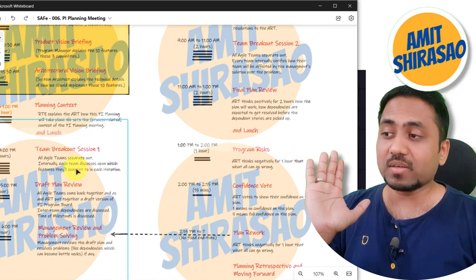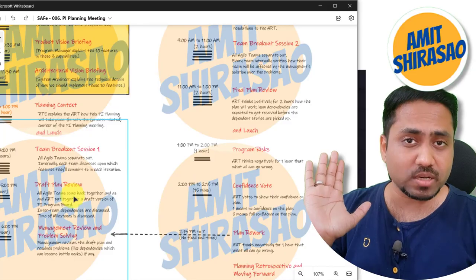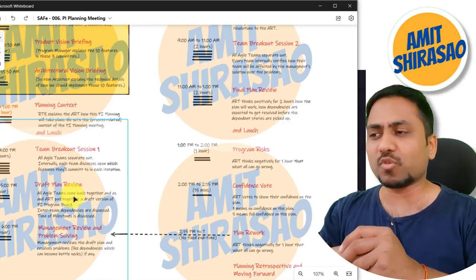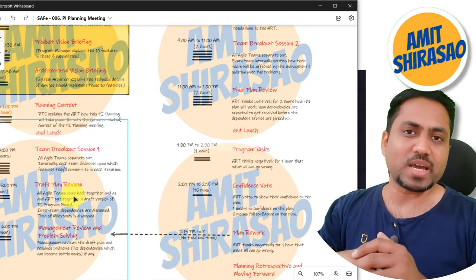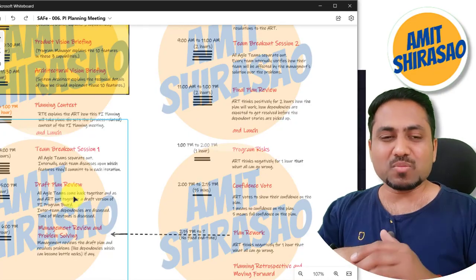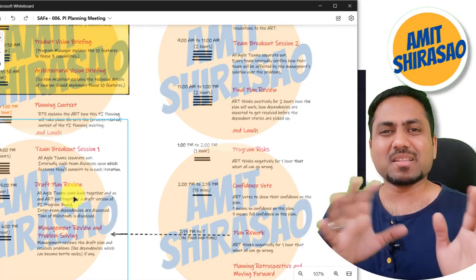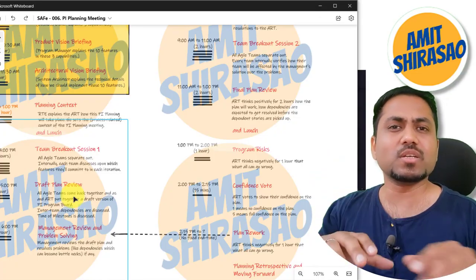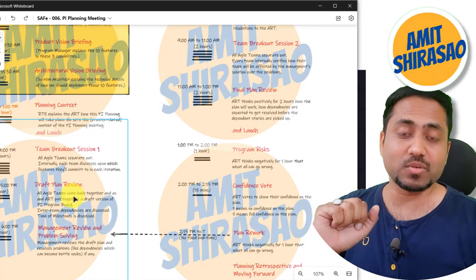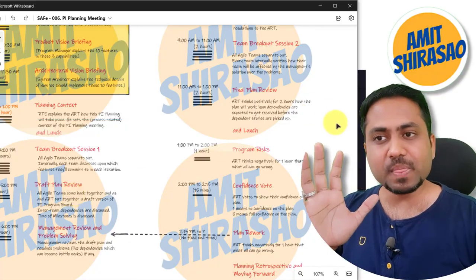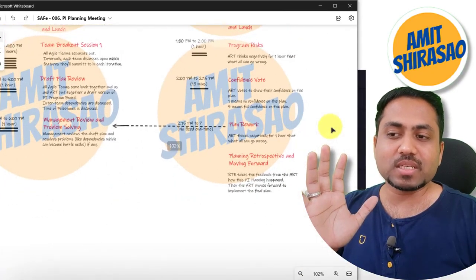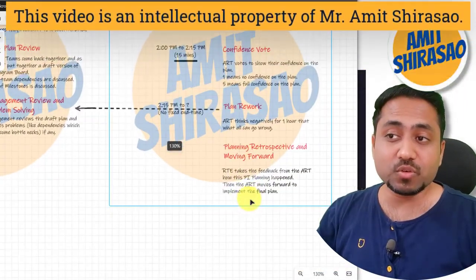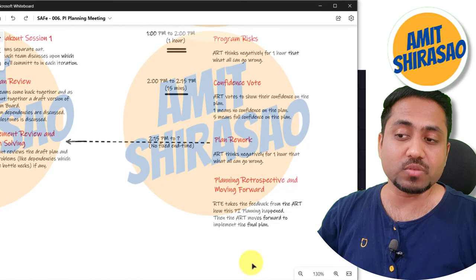And team XYZ also asked a lot of questions during draft plan review. So as an RTE, people won't point out that this team is really bad. No, people will normally say, all the teams in general, try to think at a higher level only. Don't get into too many details, because we are in PI planning. We are just planning about the PI. So that kind of feedback is taken, and finally we move forward with the plan, because this plan is now approved by everyone.